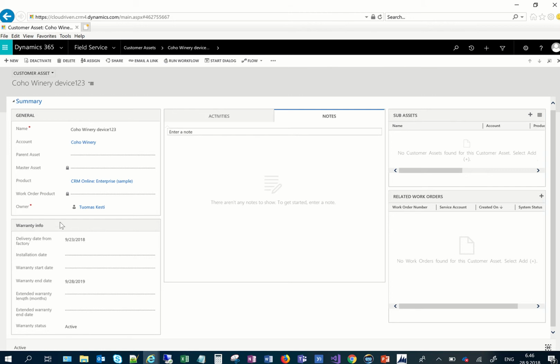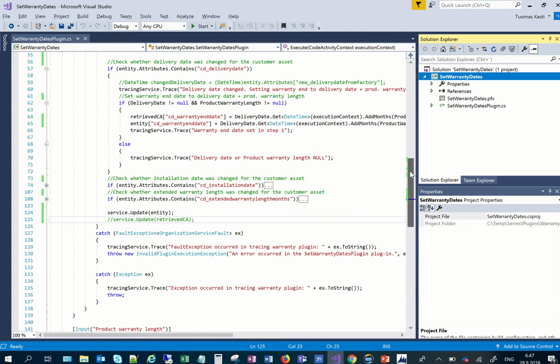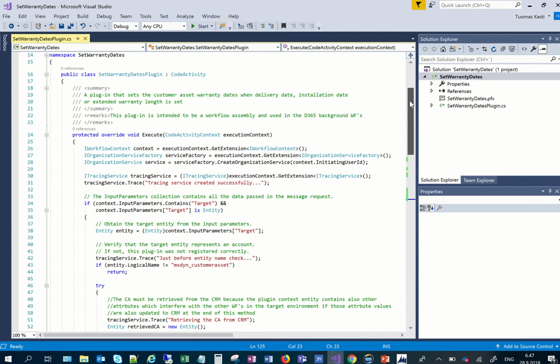And what the plugin itself does is that it checks the delivery date from the factory and fetches the warranty length information from the product, and then sets the warranty end date based on the product warranty length based on a certain logic. If we check the source code of the plugin here in Visual Studio, it's basically this here. So very simple